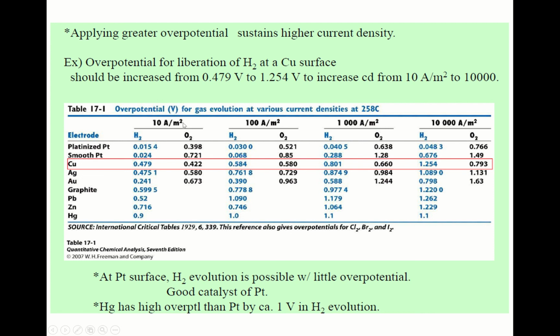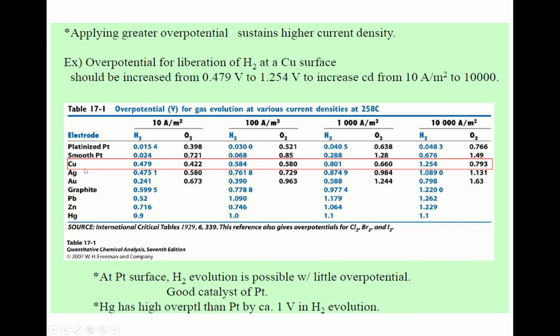This table lists the overpotential for gas evolution at various current densities at 25 degrees C. I'm sorry, I said a wrong number earlier; this is 25 degrees C. Anyway,